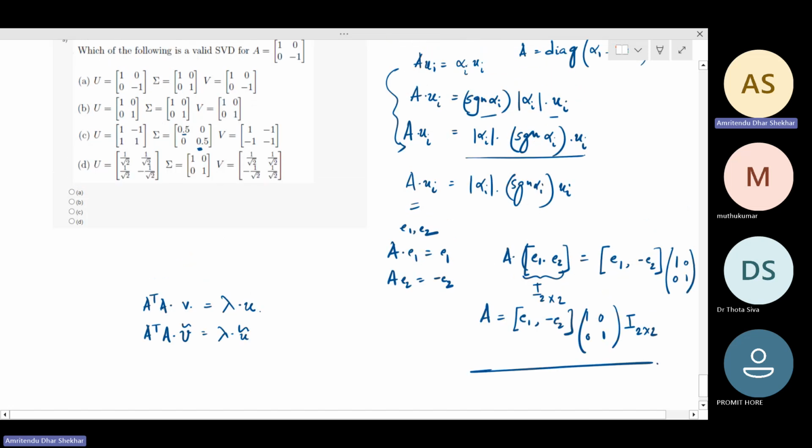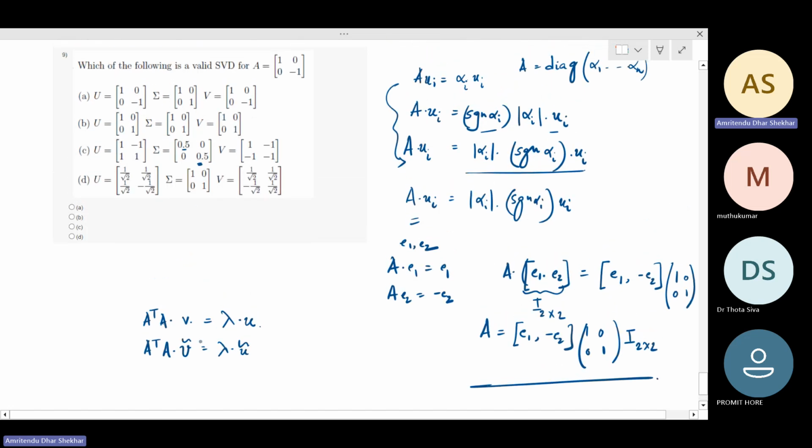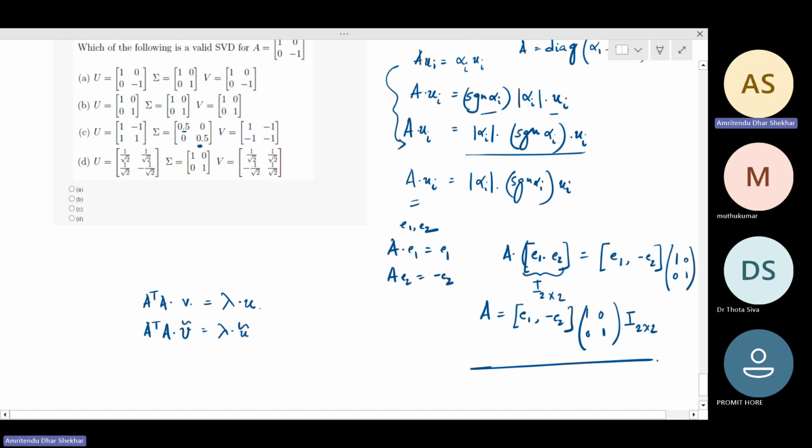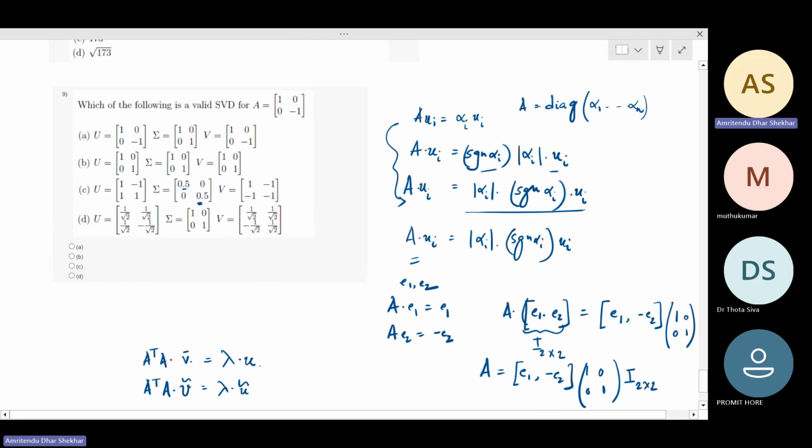Okay. So when you are going to write the SVD, you are supposed to always arrange the SVD in a way that it goes from the highest singular value to the lowest singular value. But if you have a singular value which is repeated, then of course you can put V first and V tilde, or you can put V tilde first and then V. So what I'm trying to say is the SVD is unique up to